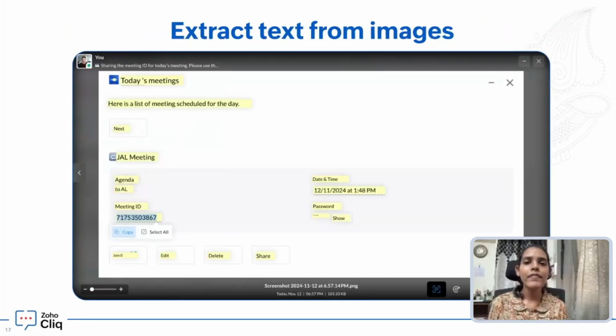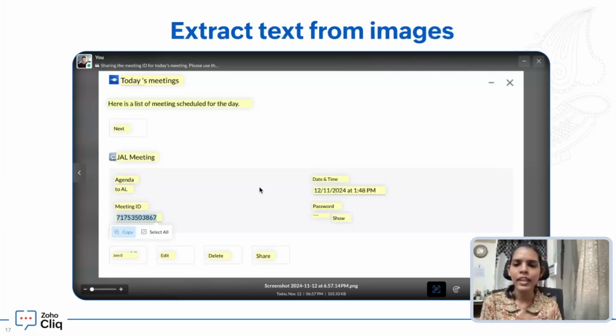And we have introduced another AI feature inside Zoho Cliq. So again, if you are in a very crucial role like system admin, or you are, let's say, a support executive who works on addressing customer queries, if you have a teammate who has just shared a screenshot with you with a particular ticket ID, and they are not in a state to address it because they are away but would like for you to take it up, you can simply extract the ID of the particular ticket,